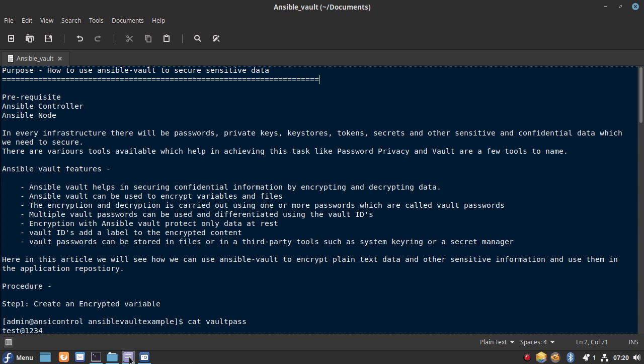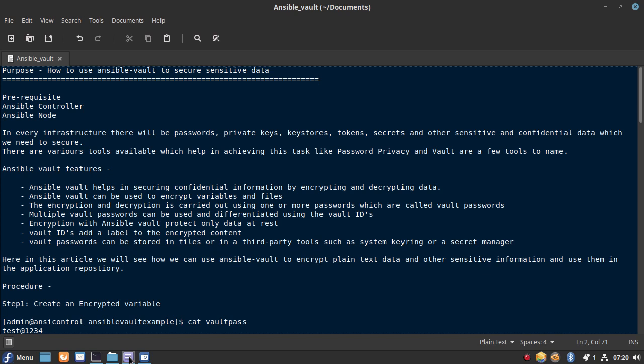Ansible Vault is basically a tool which is used to encrypt sensitive data, like confidential or sensitive data. So let's go through how Ansible Vault can be used to encrypt or decrypt our sensitive data, and what exactly Ansible Vault is.